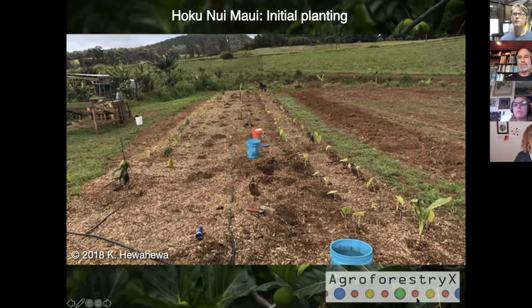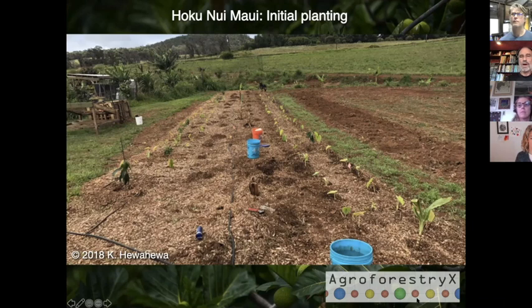And so this is old sugarcane land that was then in pineapple and then in pasture. So it's a pretty beat up site, like many agricultural sites in the Pacific and around the world, in terms of soil quality, soil structure, water holding capacity, etc. So the very first thing we do, and this is kind of outside the realm of the tool, is we prepare the site so that conditions for growth are suitable for all the plants that we want to be growing.